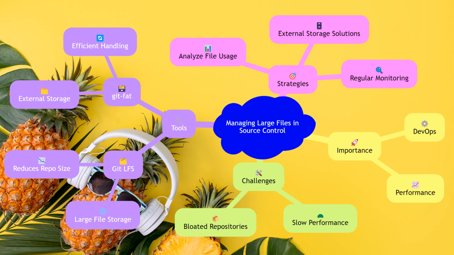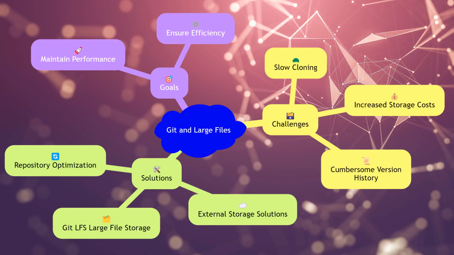using these specialized tools. Git is designed to handle small to medium-sized files efficiently. However, when it comes to large files, Git can struggle. Large files can slow down repository cloning, increase storage costs, and make version history cumbersome. These challenges necessitate a specialized approach to managing large files, ensuring that the performance and efficiency of the version control